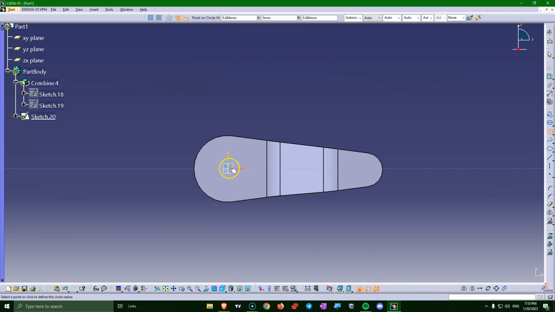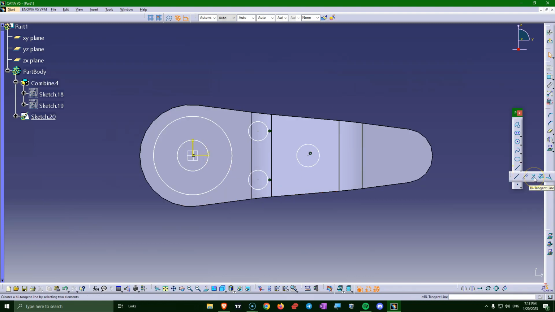Let's start with a circle from the 0 point. And then let's make a bigger circle here. Let's have here a circle with the center on the horizontal axis. Then up here let's have a small circle like this, and I want to mirror this on the other side of the horizontal axis. Here, if we use the bi-tangent line, we click between this one and this one, just double click here and add those tangent lines, and then add